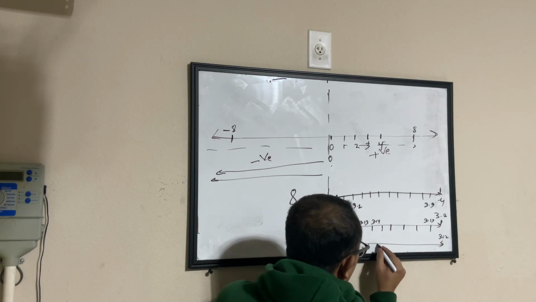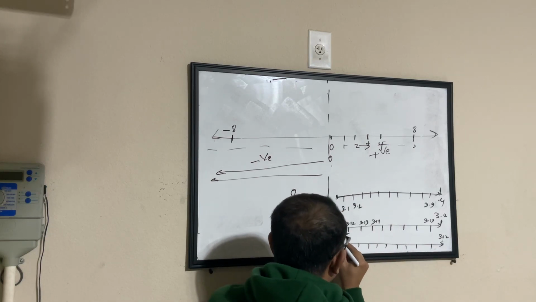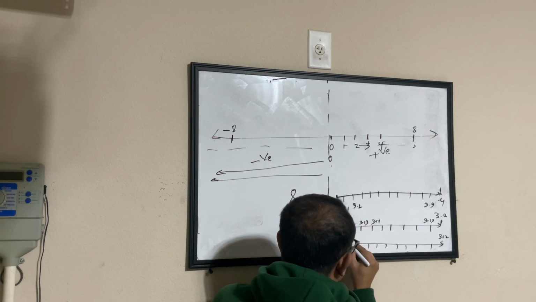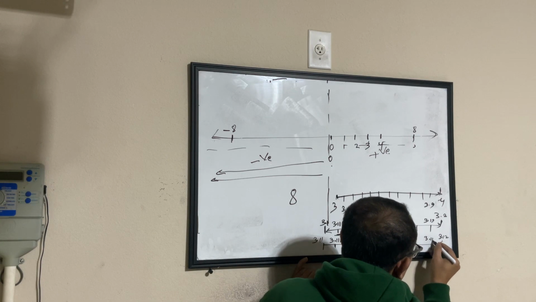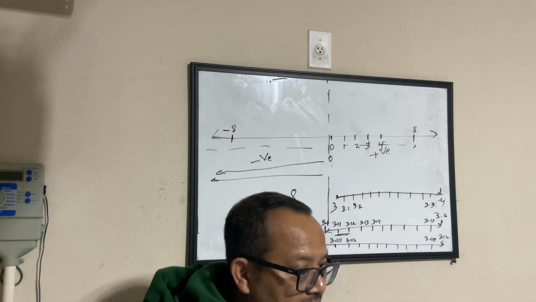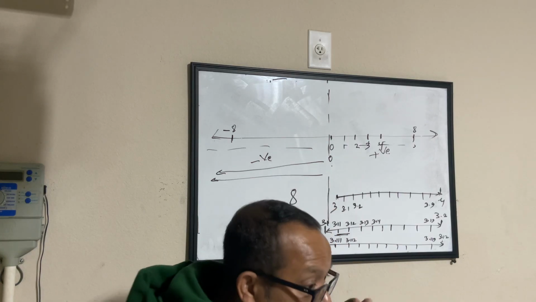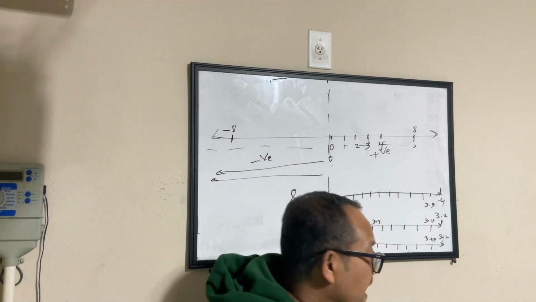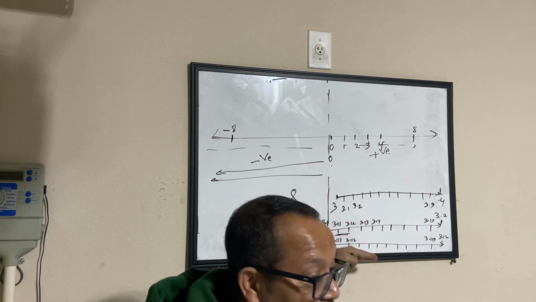And so this becomes 3.111, 3.112, and goes all the way to 3.119. Okay. So this is the same number line where I'm zooming in. Okay. And going to the 10th place, 100th place, or 1000th place